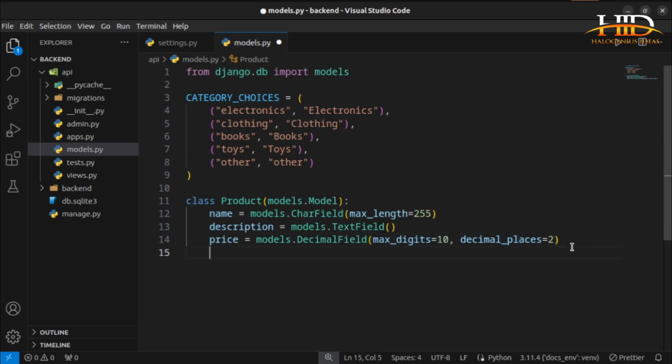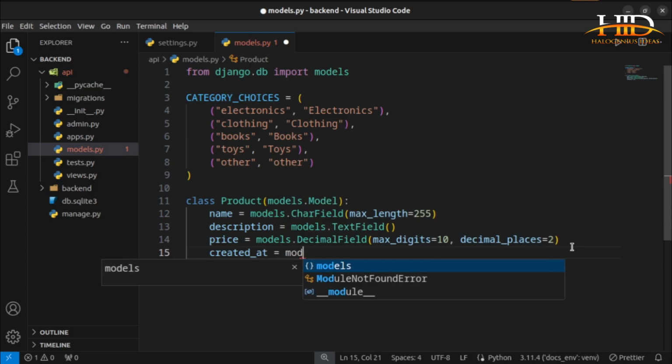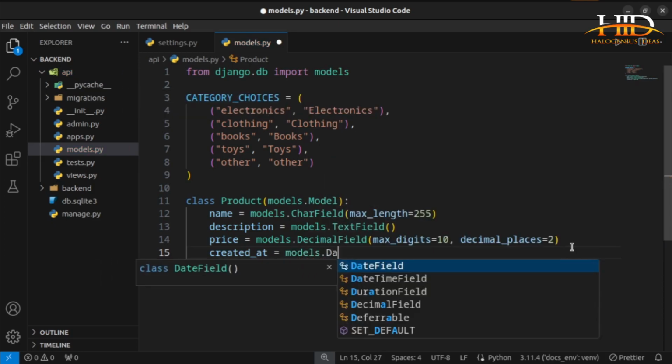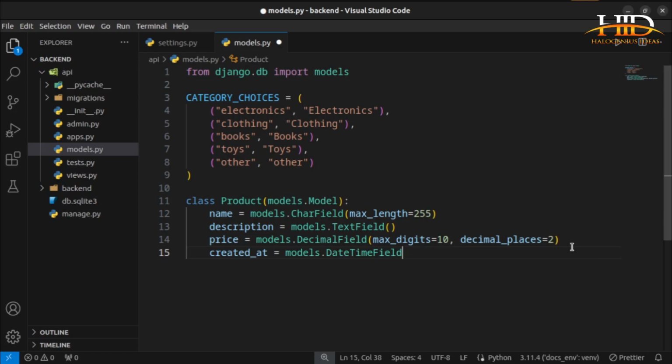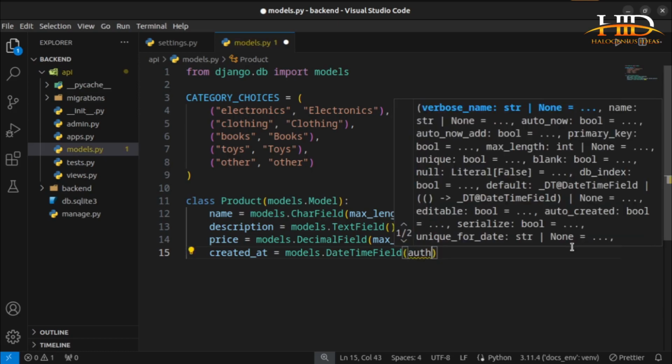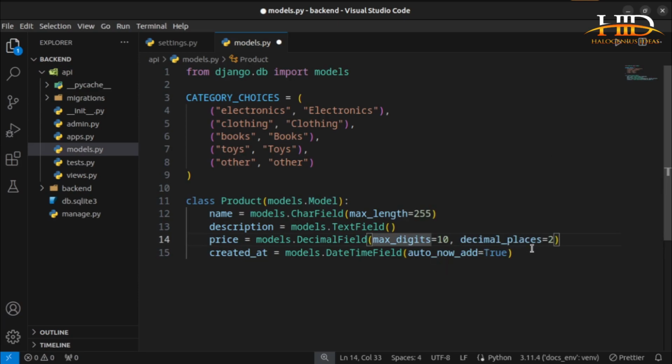Then I can do something like created_at. So when you create the products, I can do models.DateTimeField, and my DateTimeField auto_now_add equal to True. So anytime you create the product entry, then it is going to register the time as at when it was created. Okay, now I have something almost similar here, which is the updated_at,